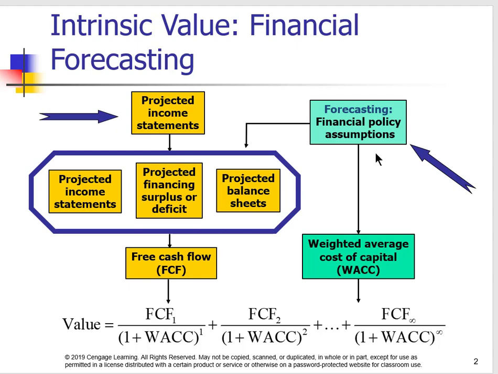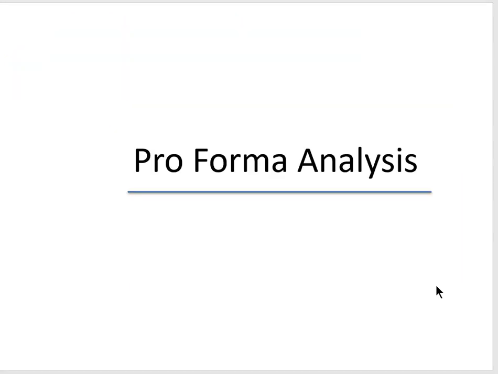And of course, those changes may have some impact on the weighted average cost of capital. So this gives us a flow, if you will, of how we can predict future cash flows and future values of the company. In addition, it serves other purposes, such as helping with strategic planning,